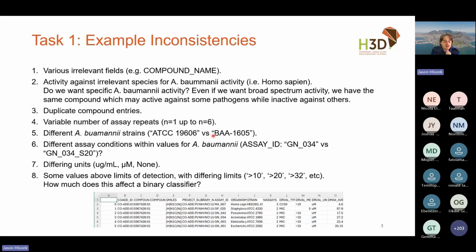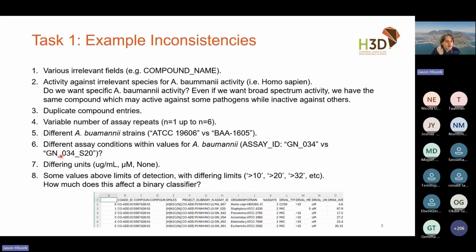For the most clean and consistent data set, we would just keep one of these. Say this is a very common strain. But if we're in a very data poor scenario, then perhaps we want to try and understand how similar is this strain? How similar are the assay conditions? Are they compatible? Or perhaps this is an extremely drug-resistant strain, in which case it's not comparable. You can't say that they're the same. If they're active in one, they're going to be active in the other, for example.